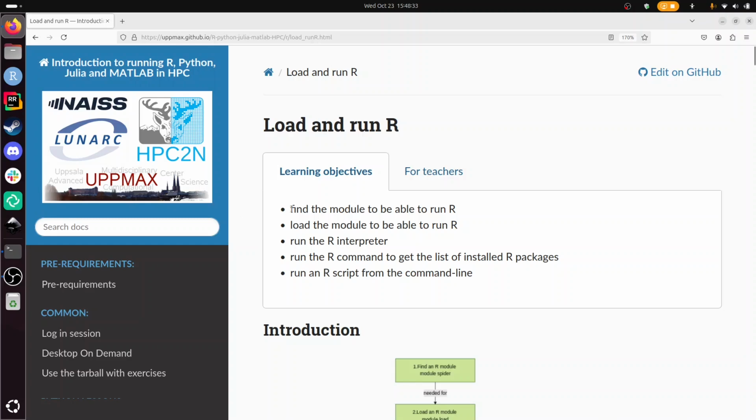The goal of this session is to find the software module that we need from our cluster to run R, a specific version of it, to load it, to run the R interpreter so we can type R commands, to run the R command to get a list of installed R packages, and to run an R script